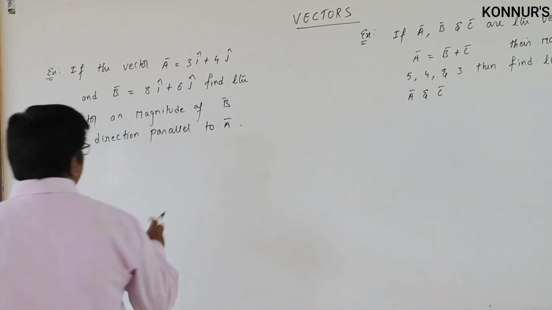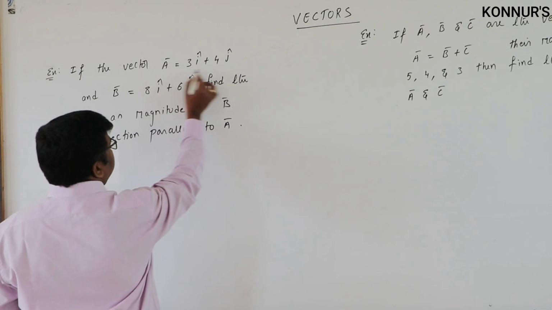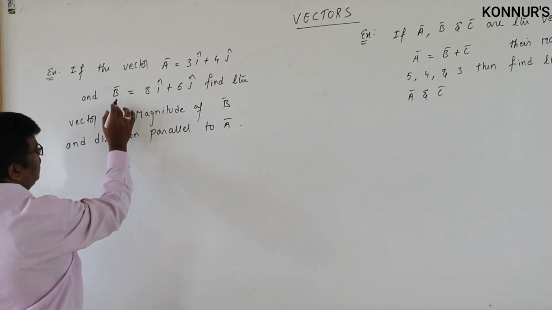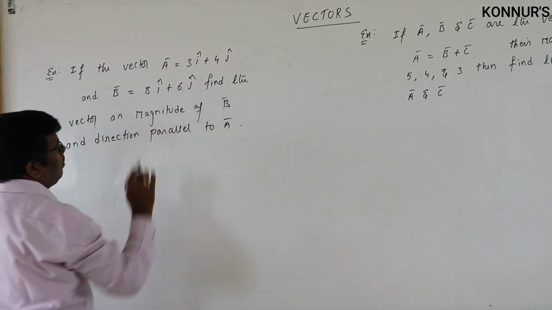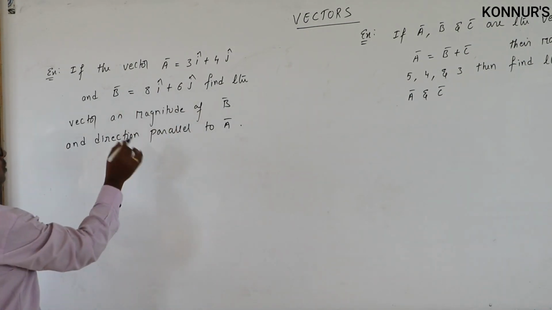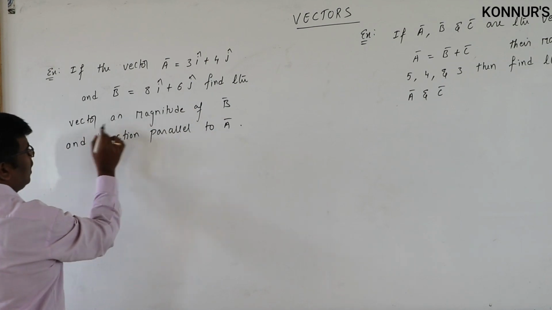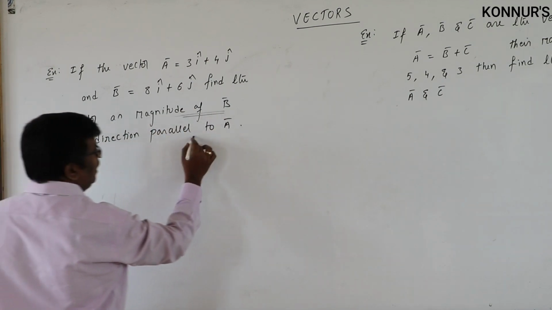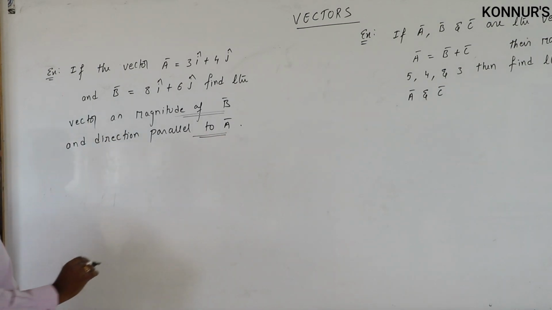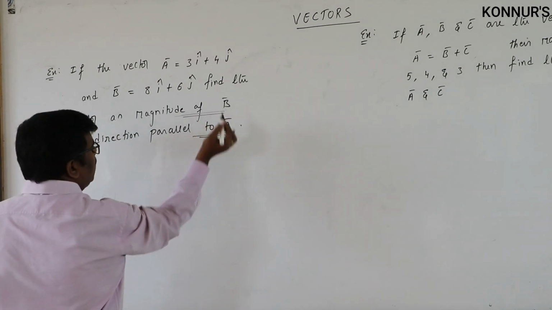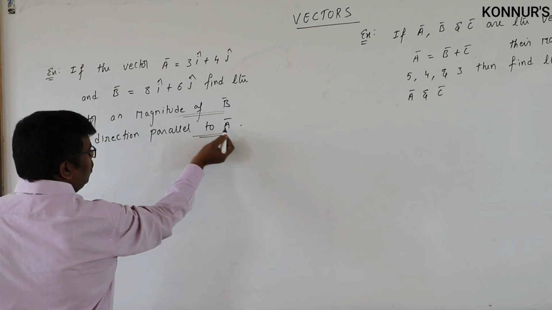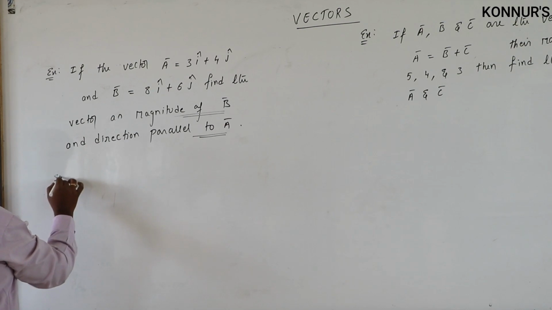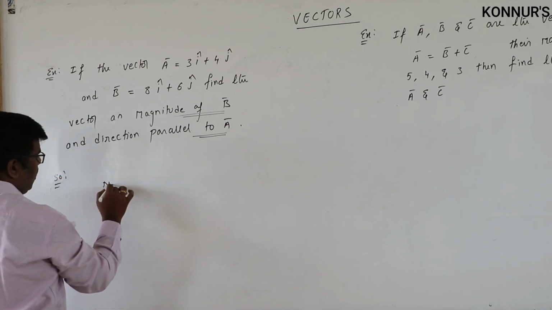Here we are taking vector a bar, which is 3i plus 4j, and another vector b bar equal to 8i plus 6j. The question here is to find a vector with the magnitude of b bar and its direction parallel to a bar. So the magnitude should be equivalent to b bar and the direction should be parallel to a bar. So the new vector c bar equals,